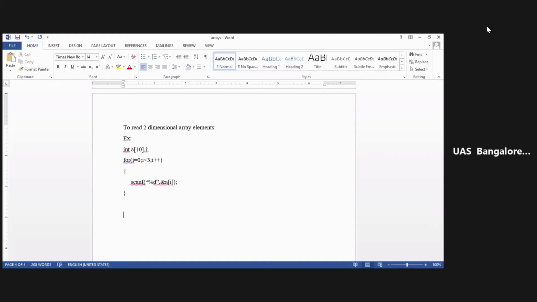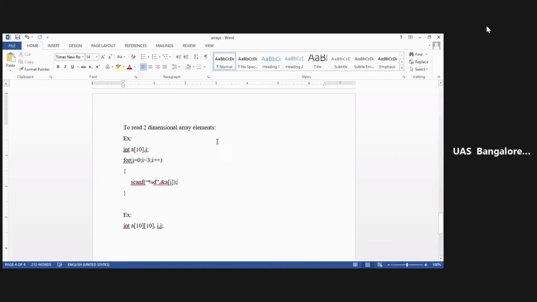Later on, I'll delete it, and I'll write only for the two-dimensional array. So see here, I have int a of 10. This is the size 10. It's not necessary that I should use all the 10. The space I have allotted, it's up to me. I have reserved the space. It's up to me how much of the space I'm going to use.